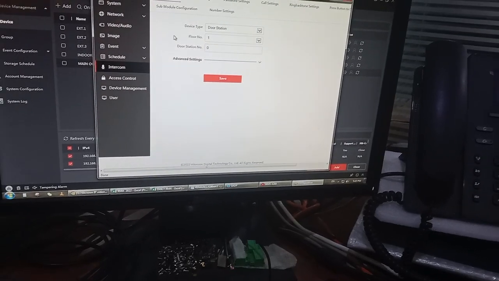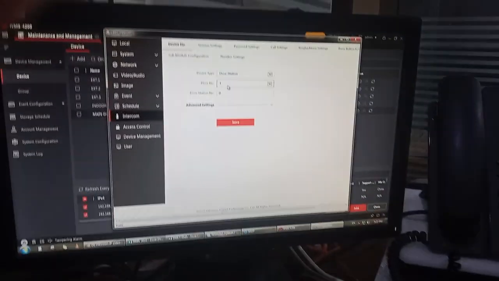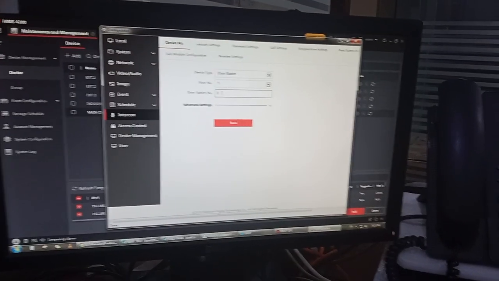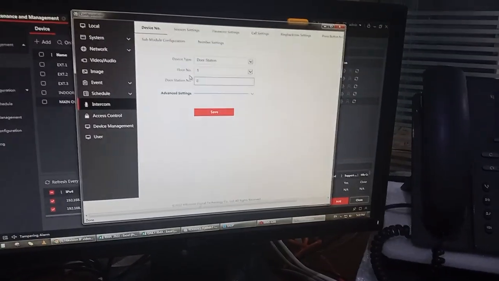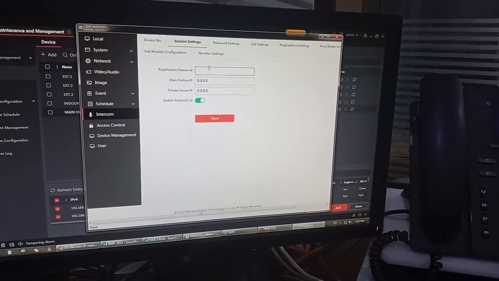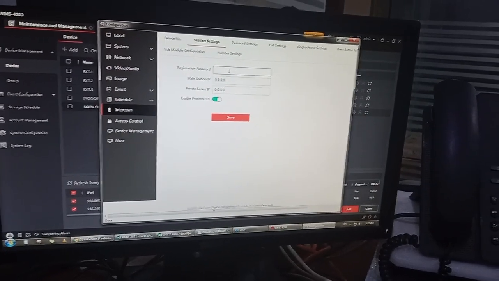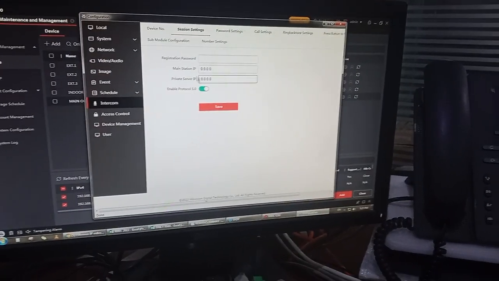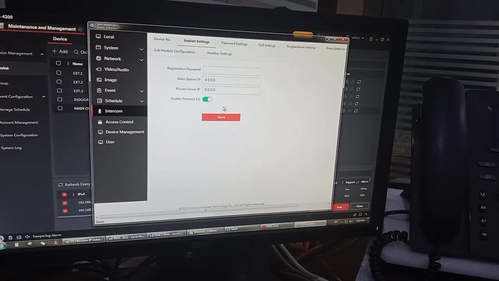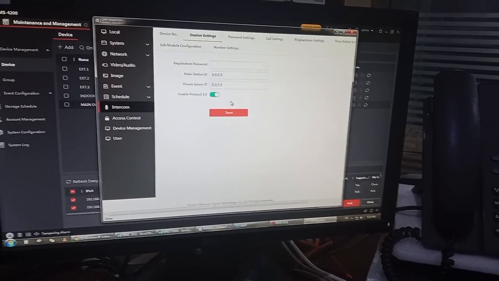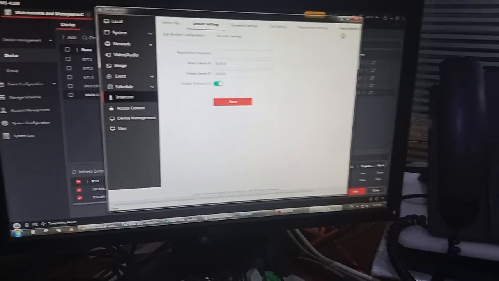After intercom, you put door station floor number 10, door station 0, because this is the master. Now you go to registration settings. You just put the admin password. For the IP address, you don't need to put anything, because this is the main station.